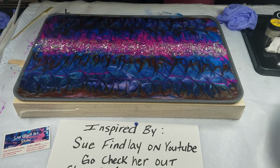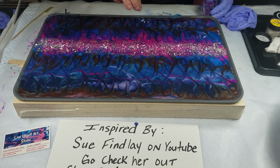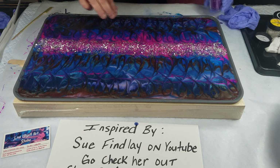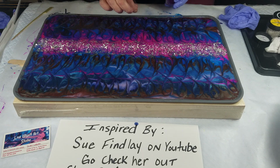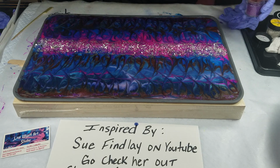All right, here's some of Laura's glass glitter, which is Purple Passion. And I think I'm just going to put it along this edge here. That Bling It Scarab Beetle has a lot of purple tones in it. So this glitter here really brings the tones in that one out. I'm going to do the same here. And it doesn't have to be perfect,